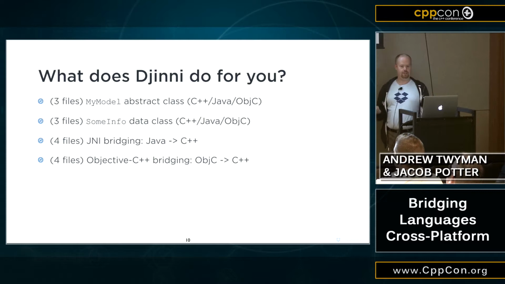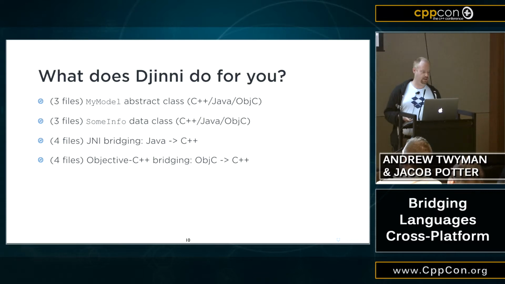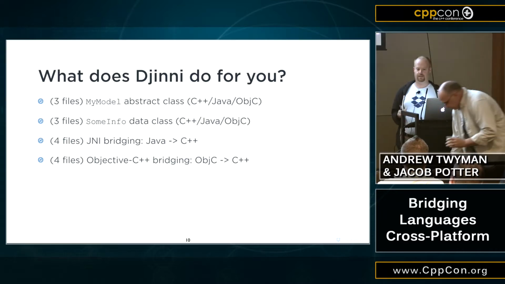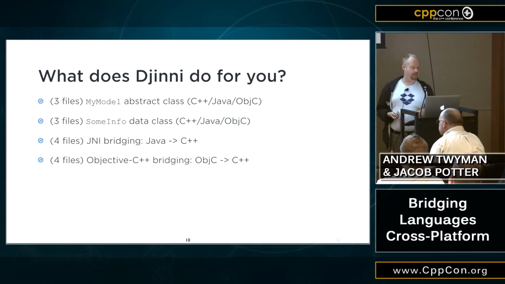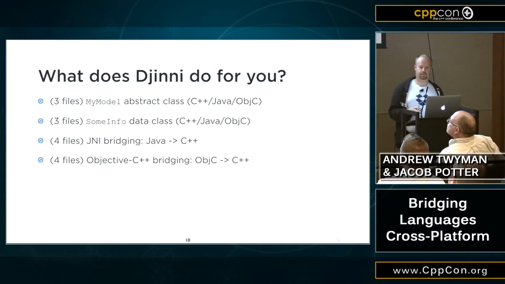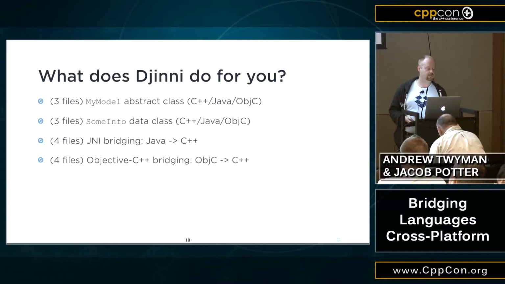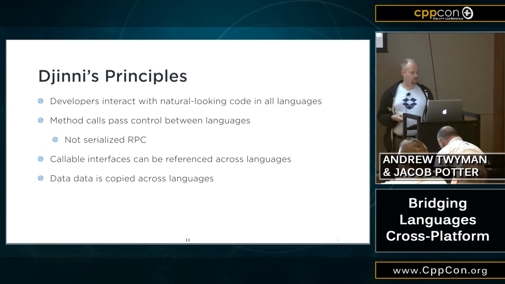So this is all the stuff that Djinni then does for you once you provide that IDL. It provides abstract classes that represent your model class in all of the various languages where it's needed. It provides concrete classes for your data structure that you're going to pass. And then it provides all the bridging that allows you to marshal these things back and forth between languages. When it's doing that,